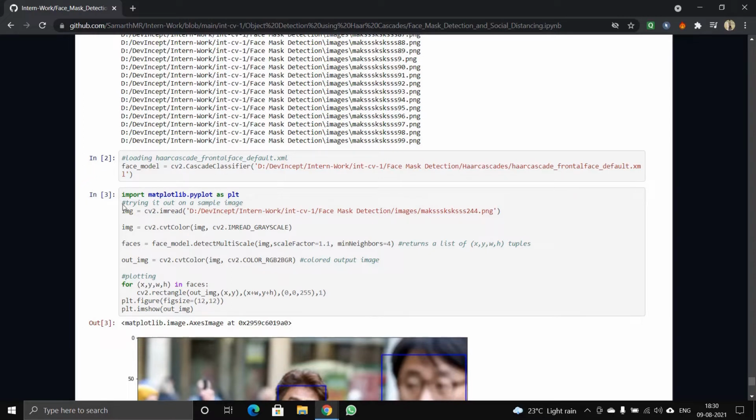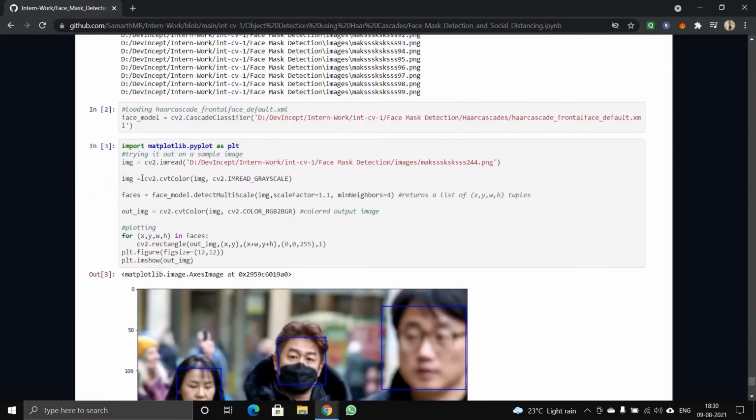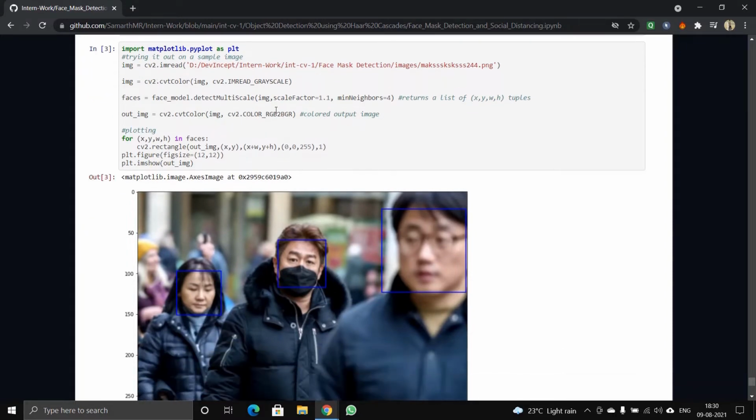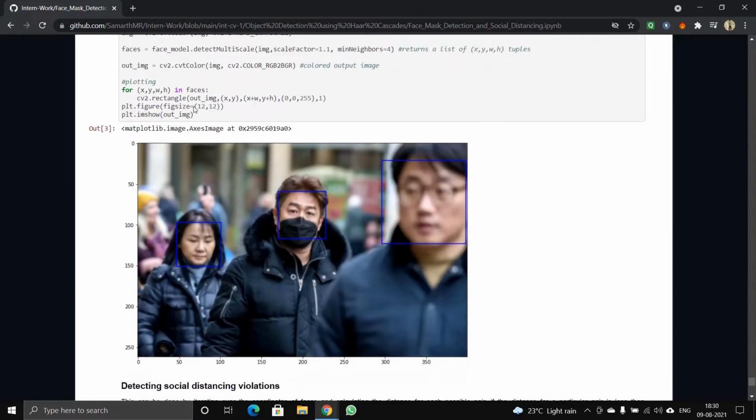And to visualize this, we import matplotlib, which is mainly used to plot and visualize the data we have collected. When you import matplotlib and read the image file, which is in .png format, this is the image that you will get. And here you can see there are two coordinates, x and y, and w stands for width and h stands for height of the faces. So you can see the width and height of the faces.